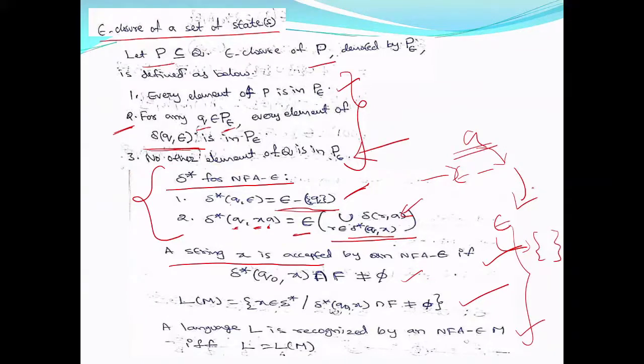Earlier there were no epsilon transitions, so you were directly taking a as input. Now because there are epsilon transitions, before taking your input a, first you apply epsilon, then you reach some states, then you apply a, then you get some set of states, and then you apply epsilon closure again. This is the equivalent of processing a or some input string on your NFA epsilon.